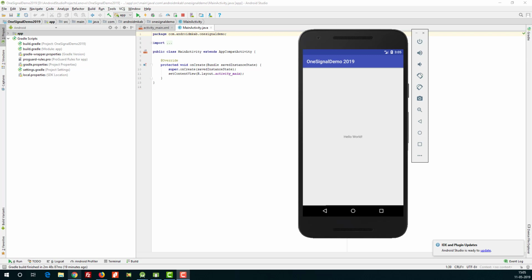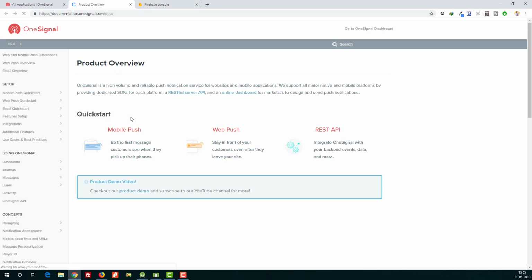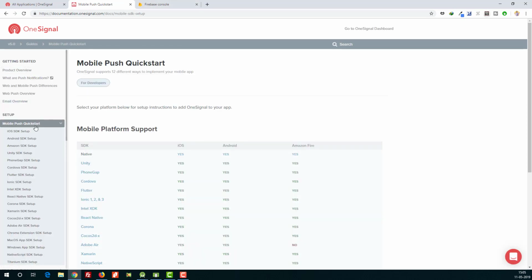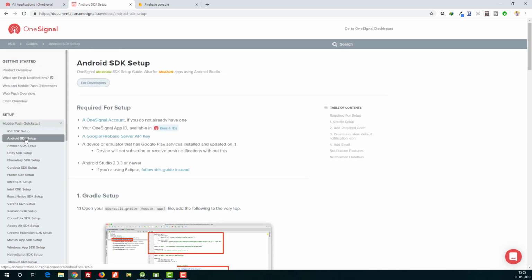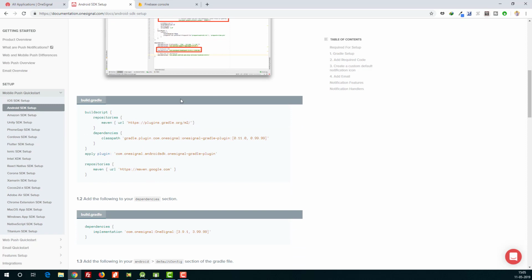Okay, first we will go to OneSignal. Here it is. So in OneSignal what you have to do is click on this question mark here, that is the help button, and click on documentation. You go to mobile push here, then select Android SDK setup. Scroll down a little bit and you can see some piece of code here. Just copy it,